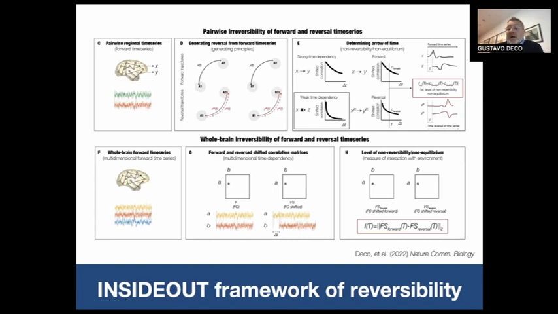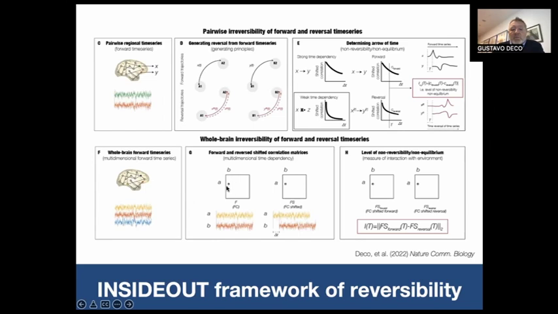And also we don't have to divide and lose part of the data in order to define a training set or a validation set, as we were obliged to do in the case of using machine learning techniques. So from that point of view, it's much faster and much more robust. Of course, the disadvantage is that this is limited to a pairwise type of characterization of non-reversibility. Nevertheless, we do this at the whole brain level.